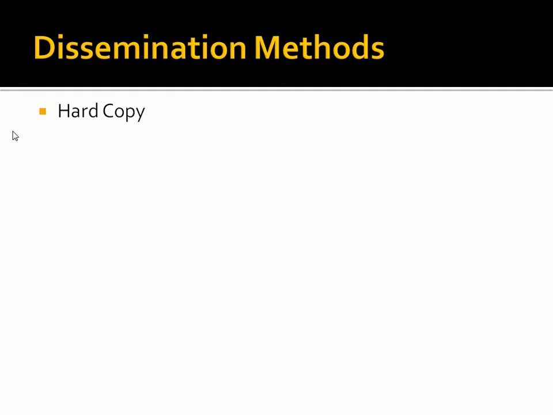A couple of problems, though. Number one, paper cannot be easily updated. We've talked about the cyclical cycle of IT security policy: the policy level may not change very often, and our standards may not change as often. Policies sort of set the tone, it's the core values. The standards are how to carry out those values, and the procedures are step-by-step implementations of the standards. So the procedures would change constantly, and if we do hard copy, we'd have to constantly change those procedures. Hard copy is hard to make changes to.